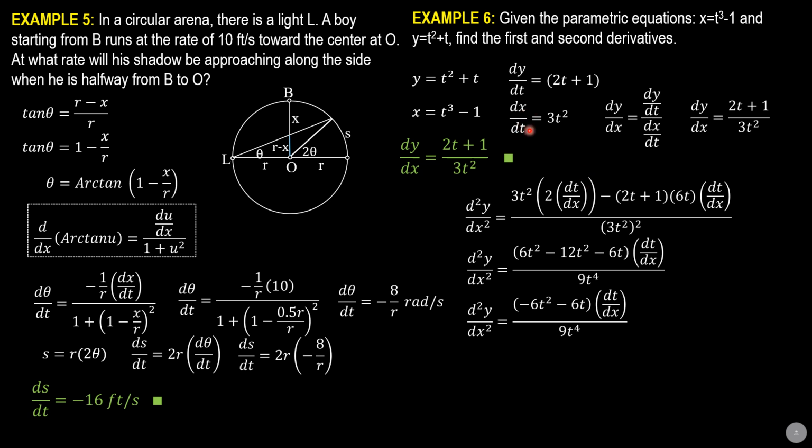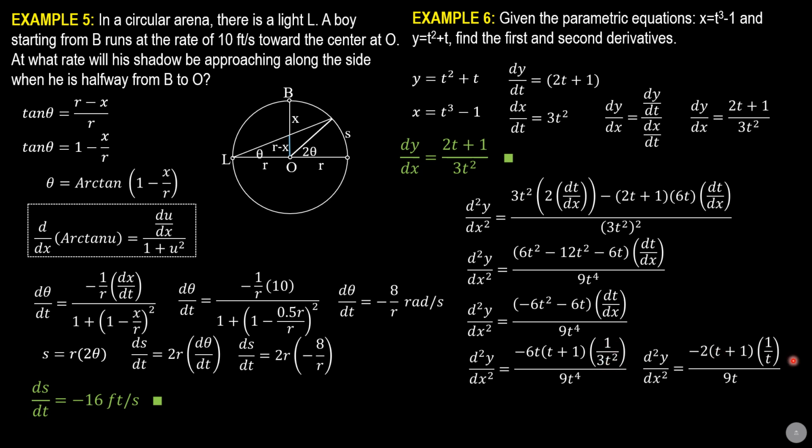From here, dt/dx is the reciprocal of 3t squared, which is 1 over 3t squared. So negative 6 times quantity t plus 1, then dt/dx is 1 over 3t squared, all over 9t to the fourth. So the second derivative of y with respect to x is, we can cancel negative 6 and 3 and write it as negative 2. We can also cancel t. So we have here negative 2 times quantity t plus 1. Then what remains here is 1 over t divided by 9t to the fourth.